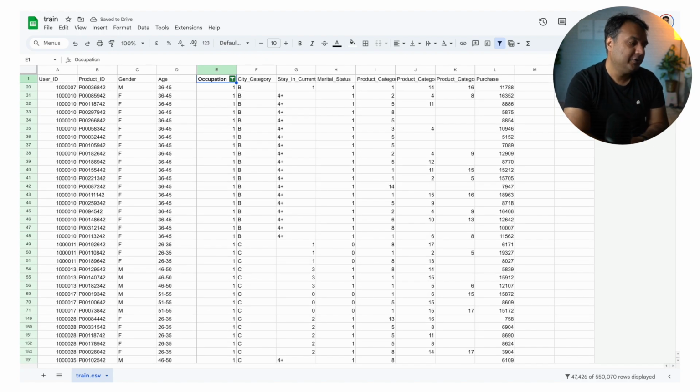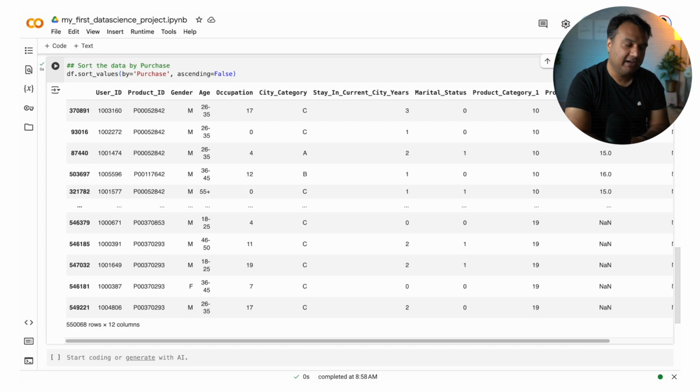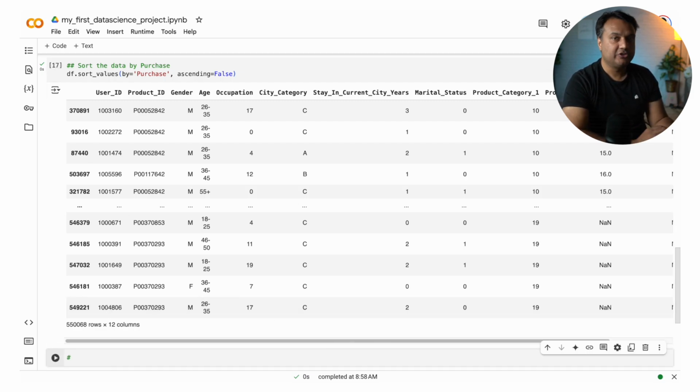Let's see how we can do that in pandas. Just to help us a little bit, I'll write a comment on what I'm trying to do. Filter the data frame where occupation is 1.